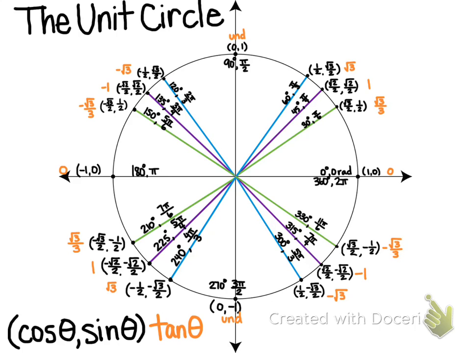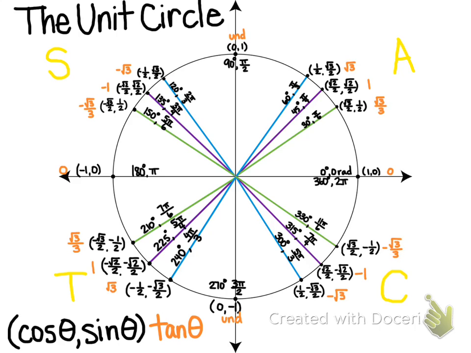If you notice in quadrant 1, if I'm looking at the cosine, the sine, and the tangent, all three of those are positive. So I'm going to put an A here for all are positive. If I go to quadrant 2, notice that the tangent and the cosine are negative, but the sine is positive. So I'm going to put an S for sine is positive. In quadrant 3, only the tangent is positive, so I'm going to put a T for tangent. And then in quadrant 4, notice that only the cosine is positive, so I'm going to put a C for